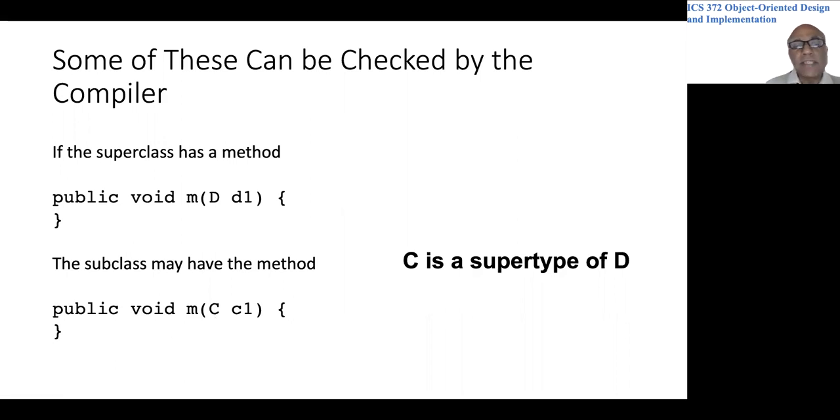The parameter C is a supertype of D. So D extends C, and the method M is placed in some superclass, let's say P, and this method M is in some subclass of P called Q. So this is in P. This method M at the bottom is in Q. Q is a subclass of P, and the parameter, as long as it is more general, or at least as permissive as the parameter of the superclass method,